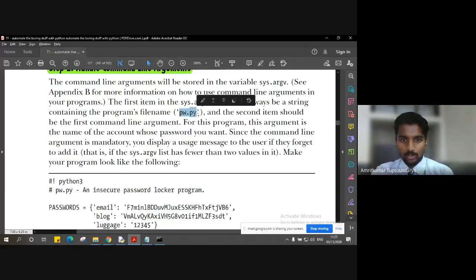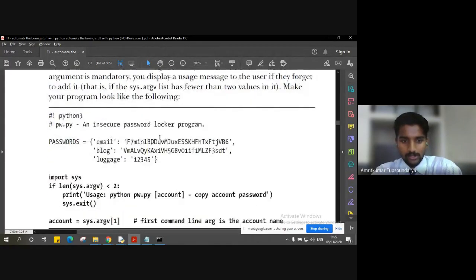The second item should be the first command line argument, which is nothing but the account name here in this case.